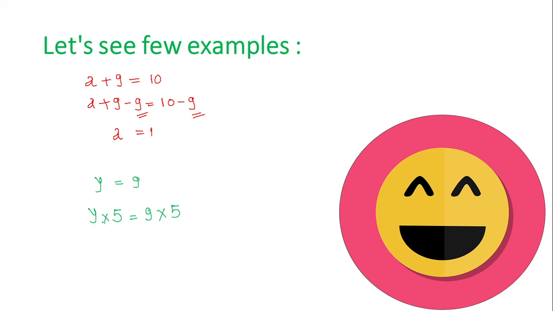Now what will be this y into 5? If I ask you what is 4 into 5, all my smart children will immediately answer me, ma'am, 4 into 5 is 20. But what about this y into 5? y into 5 you have to write it as it is, 5y. And what is 9 into 5? It is going to be 45. So what did we get over here? Whenever you are doing any operation, you have to do that operation on both the sides of the equal to sign.